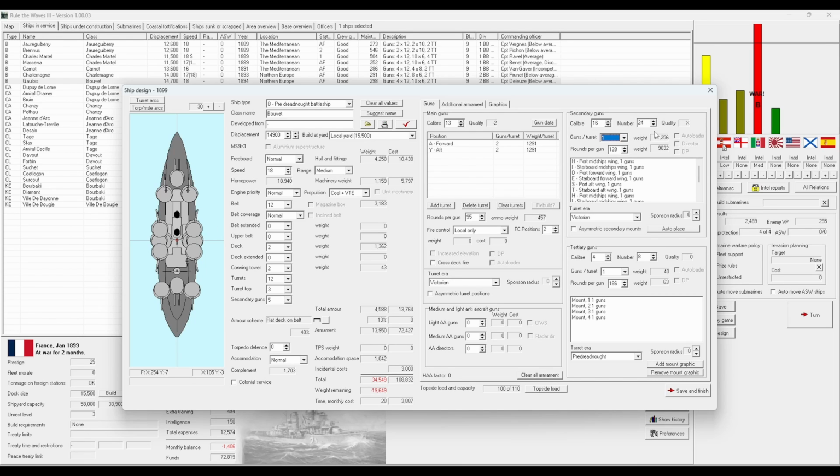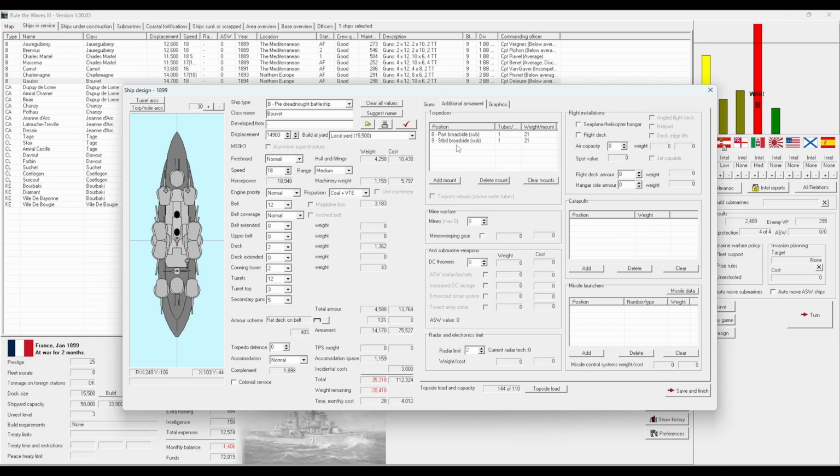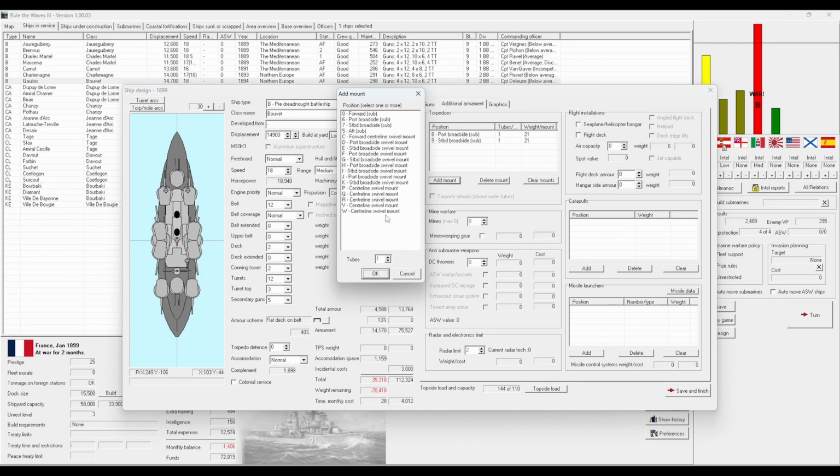You can up them, down them, and set how many rounds they've got. It shows you all the positions. You can change the look of them. You can auto-place them. You've got tertiary guns as well. Again, they're just knocking around over here. They can't go very big, but yeah, you can have quite a few of them. And guns per turret, 4. We don't have that yet. And again, you can change that. You can also put additional armament on. So these are your torpedoes. So these are all the different...